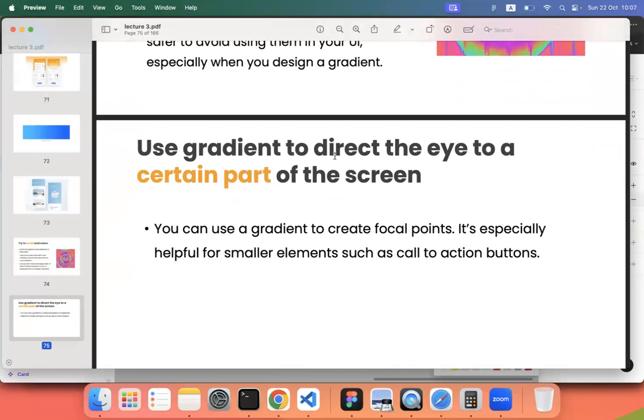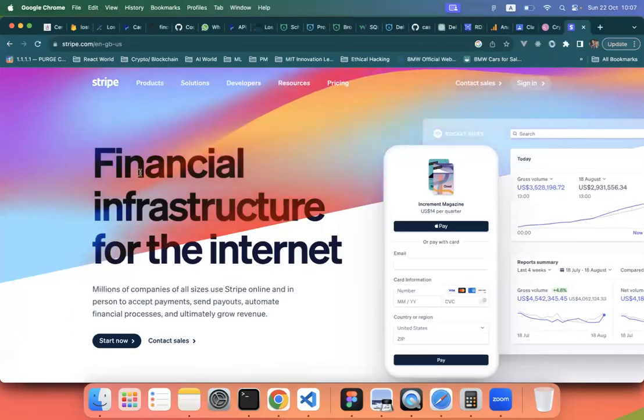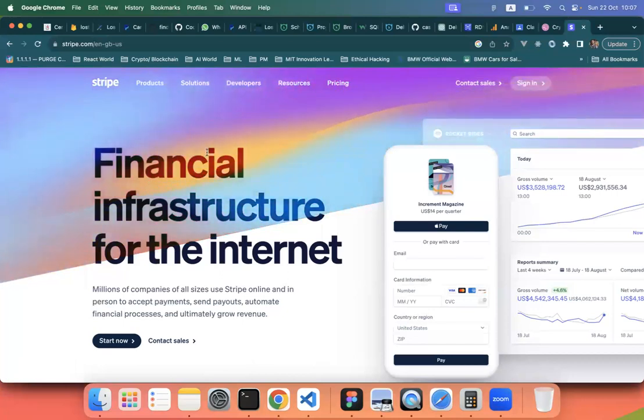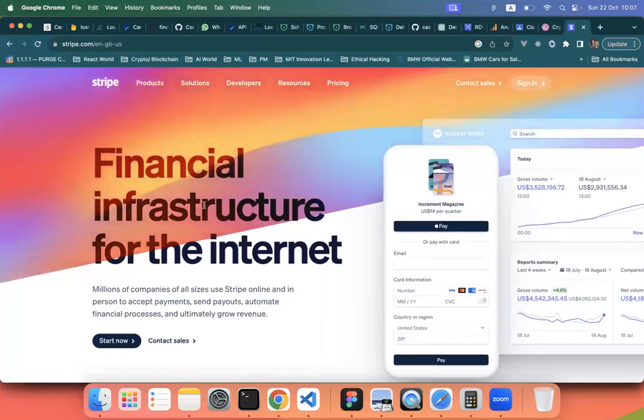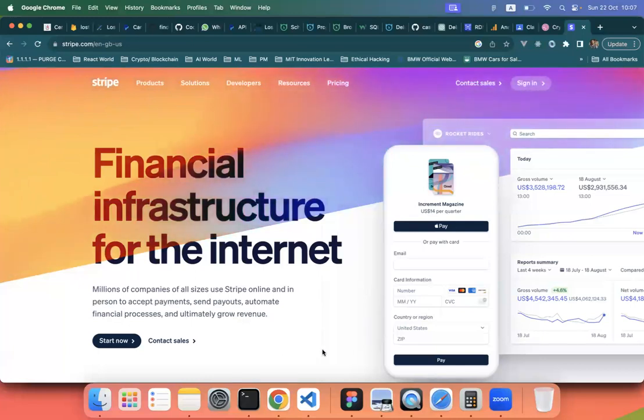So use gradient to direct the eye to a certain part of the screen. As I discussed earlier, here Stripe wants us to read their main heading, and the header part and everything is readable, and we are eventually putting our focus on the areas that they want us to have our attention on. So we can use gradients to